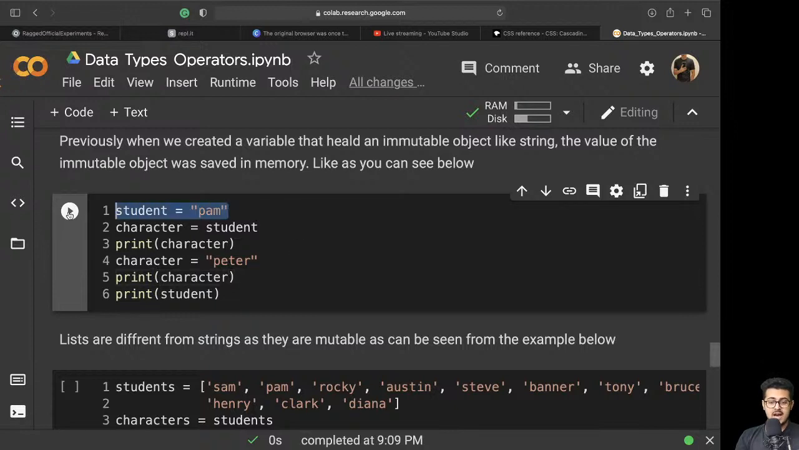So for example, if I have a student, Pam, and a character, then I print character. So character is equal to Peter, and print character and print student. What is happening here is, because I cannot modify a particular string itself, please remember strings are immutable in nature. So I cannot modify a particular string. So if I put it, I'm assigning it to